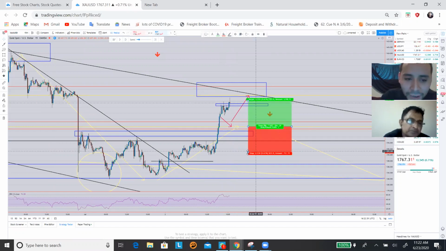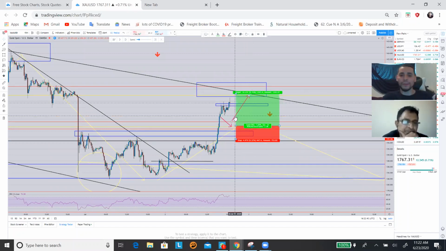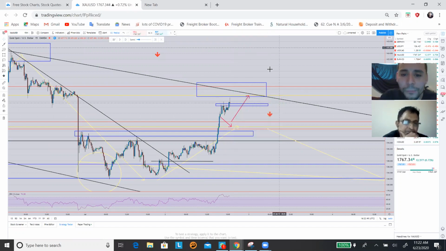Because I could have bought here, stop loss below that area, right? Nice risk to reward from here, right? And I could have had what? 100 pips right there. Easy. Off of this pair. Real quick, and maybe a couple hours. So